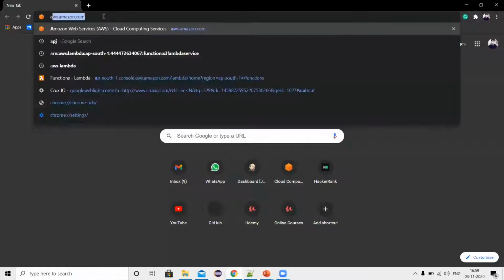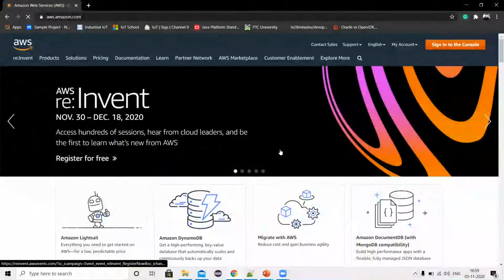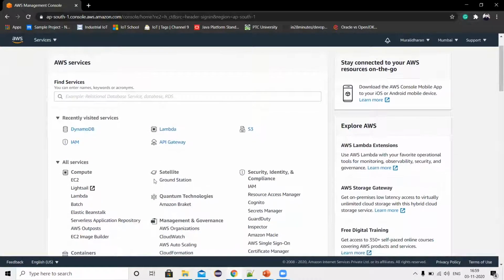Go to aws.amazon.com and sign into the console. It will land on the AWS Management Console. Click on Lambda.